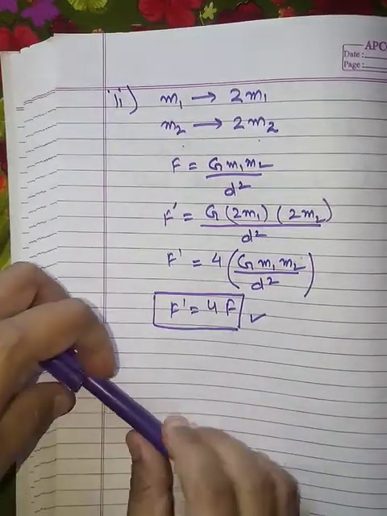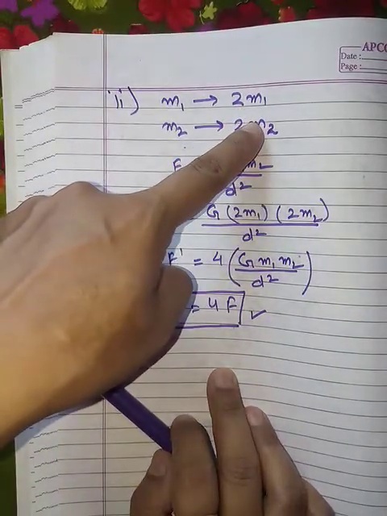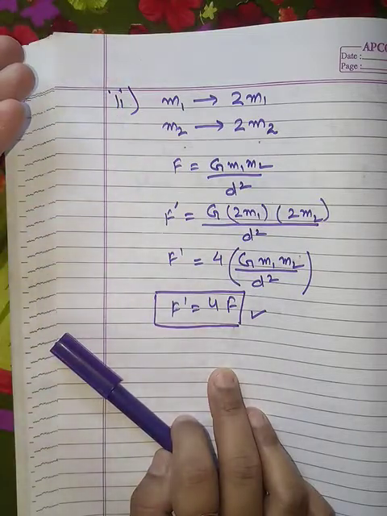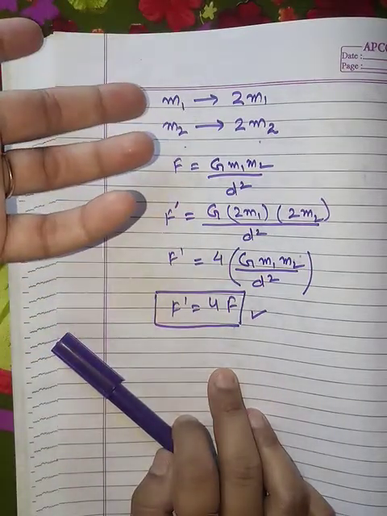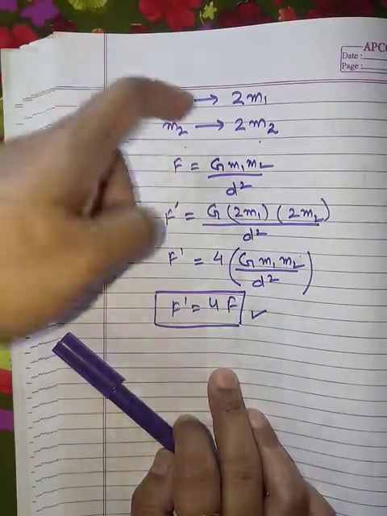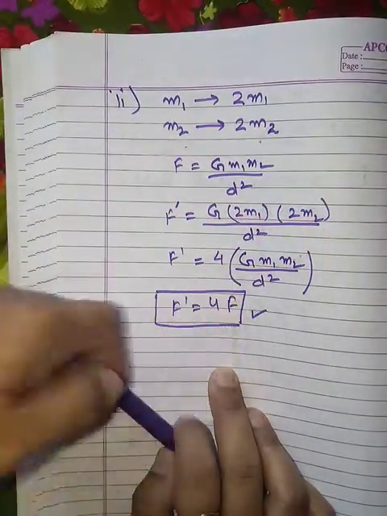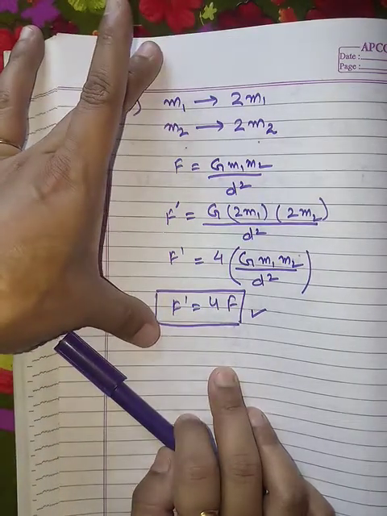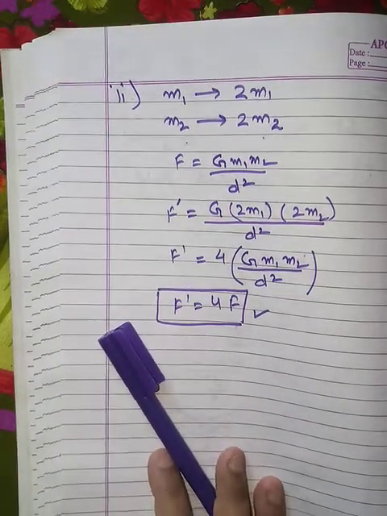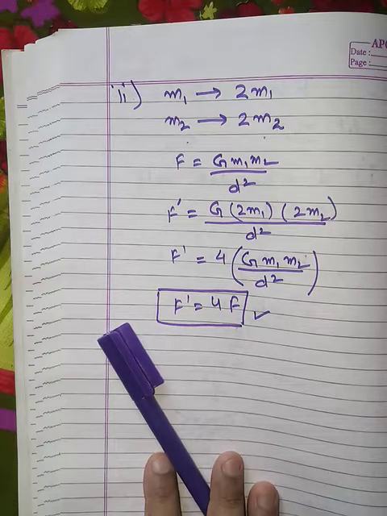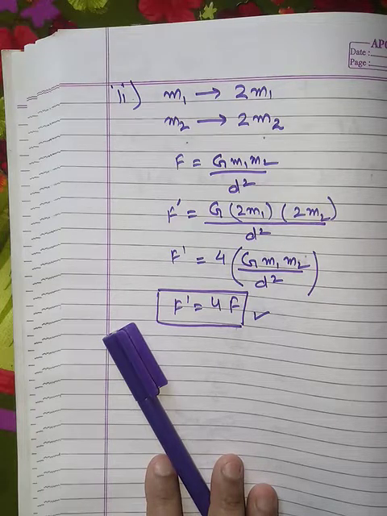Similarly, we can do questions like if the masses are reduced to half, so it becomes m1 divided by 2 in that case. If the masses are tripled, it becomes 3 times, that means 3m1. If one mass has become 3 times and another mass is 2 times, so that will be 3 and 2, 3 times 2 is 6, it will be 6 times. So in any case we can do it with this method. These types of questions are very important for this formula, and we will definitely get these kinds of questions in our exams. So you have to take care.